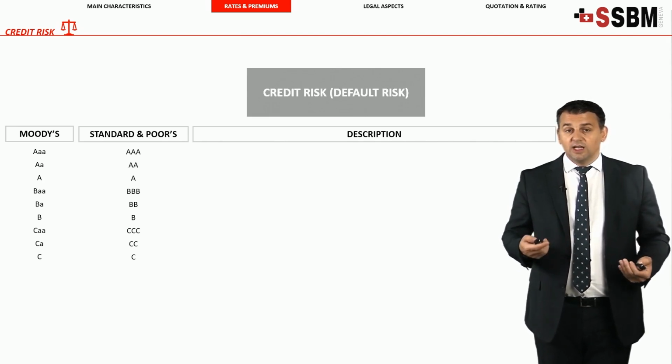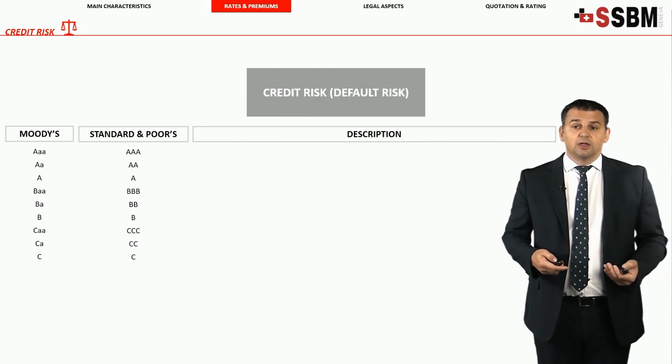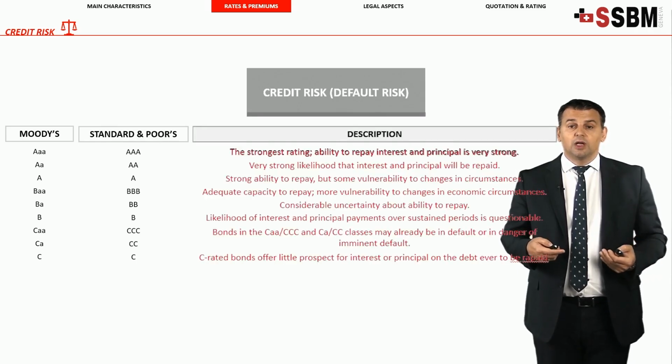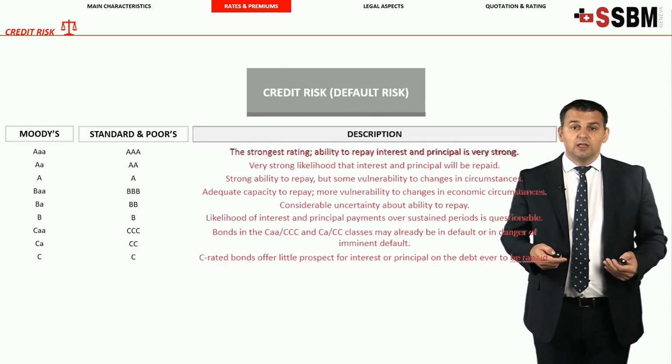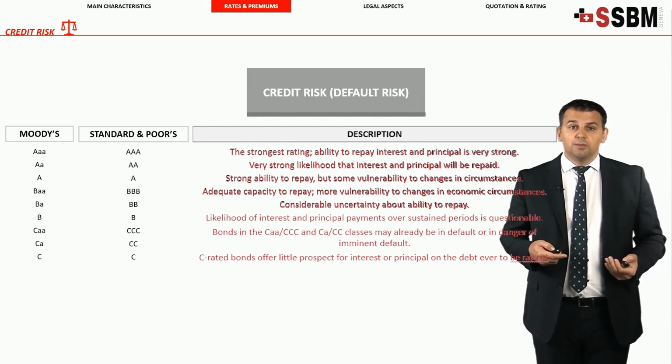The best rating in any country, in any company, is of course AAA, and the worst is, you are going down to the C. So the strongest rating, where the ability to repay interest and principal is very strong, has a very low probability of default. Then if you go down, of course you have different ratings, different probabilities of default. This is interesting to consider. For example, if you are in the middle with the rating BB for S&P,